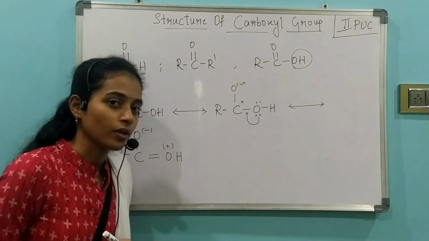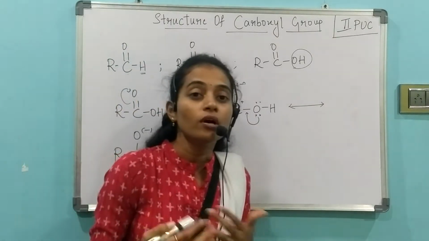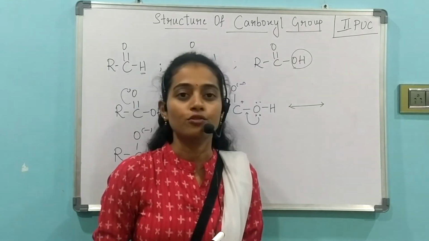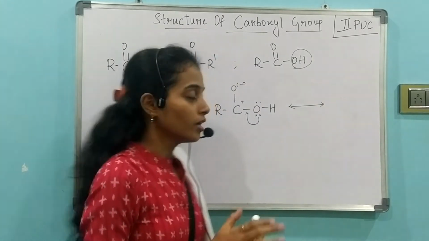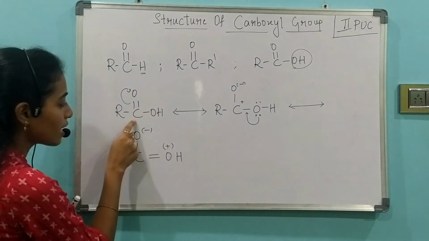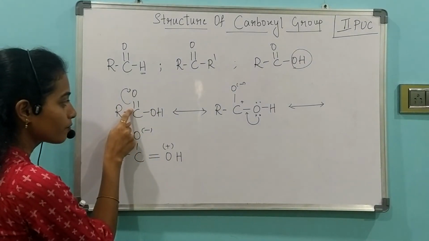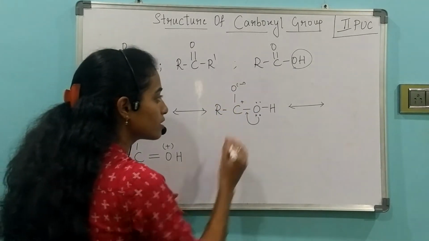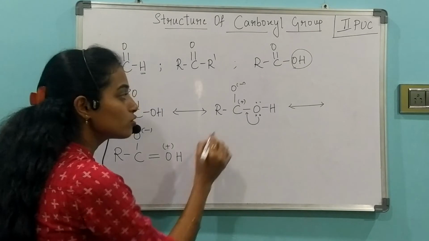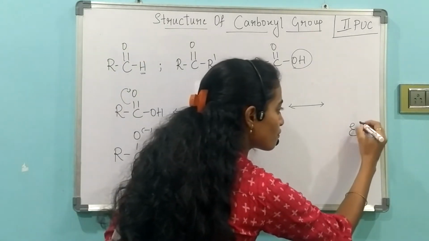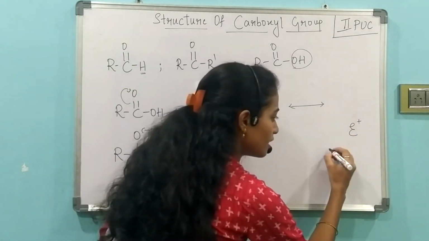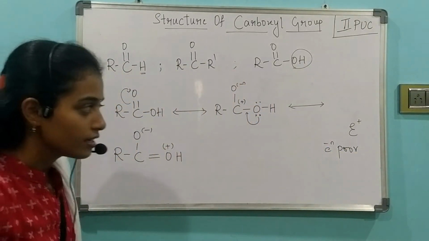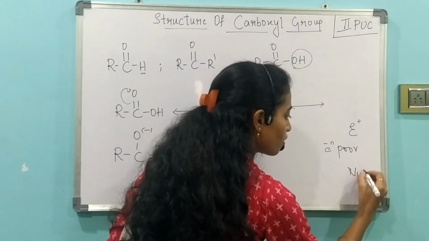What are electrophiles, by the way? Those that are poor in electrons. Nucleophiles are electron rich. Electrophiles are electron poor. As you have seen here, this carbon has lost one electron because it is taken by the oxygen. So one became rich and one became poor. That is, we got the positive sign here. Such species you call electrophiles. That is, electron poor species are called electrophiles, and nucleophiles are electron rich.